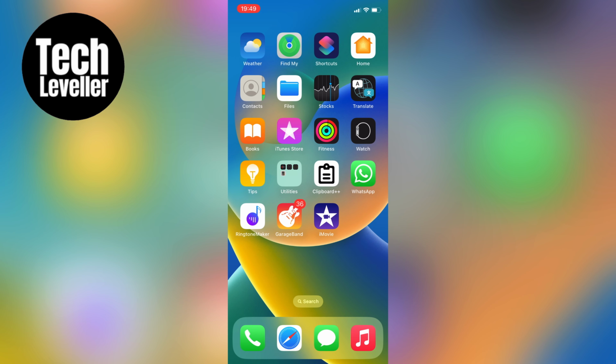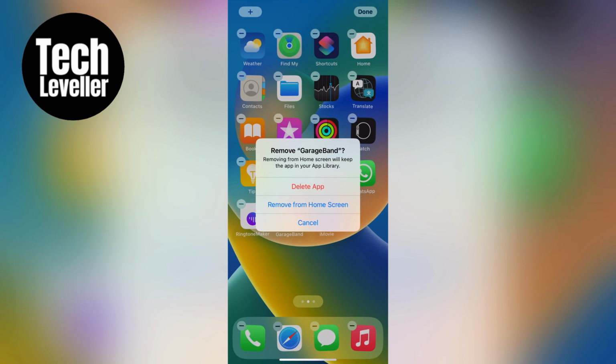Another way to delete apps on your iPhone is to touch and hold a blank area on your home screen until the apps start to jiggle. Check the app icon that you want to delete and tap the minus sign in the upper left corner of that app. A tiny window will appear and you can tap Delete App and then Delete to remove the app